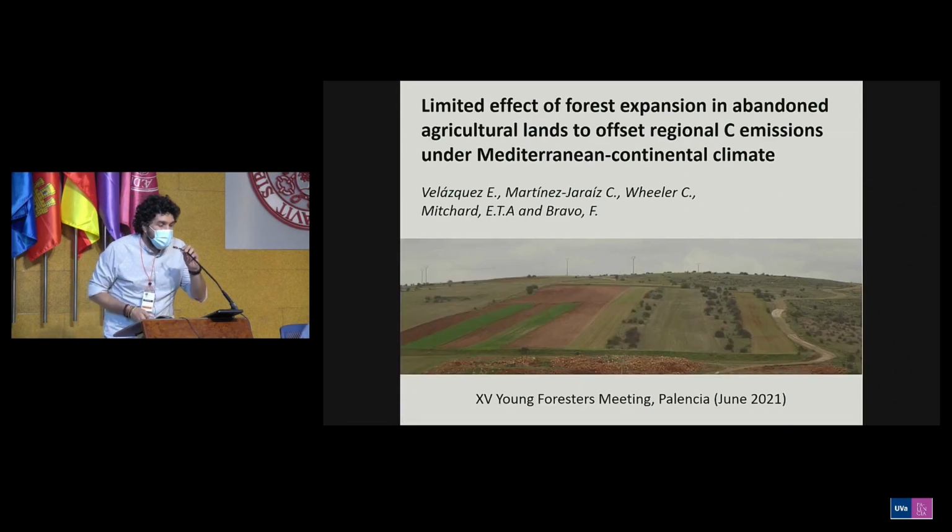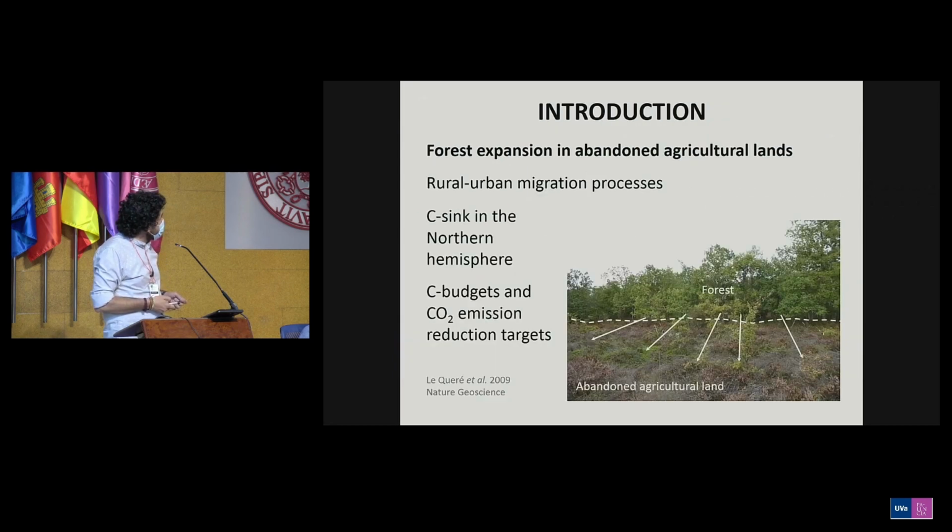Okay, my name is Eduardo Velázquez, and I'm going to present some of the most recent results of the research that I have been performing during the last 2 years. Forest expansion in abandoned agricultural lands is a very common phenomenon in some areas such as northern North America, Eastern Europe, and the Mediterranean basin, as a consequence of the strong rural-urban migration processes that have occurred over the